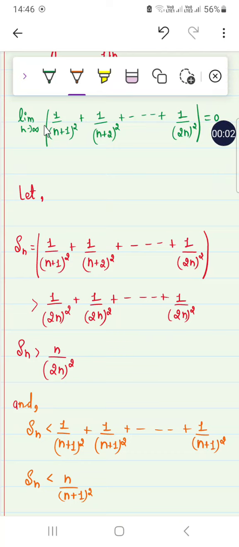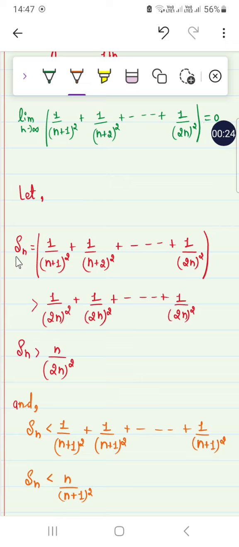Today we have to find out this sequence limit equals 0. If it is 1 over n squared, or 1 over (n plus 1) whole squared, then the limit as n tends to infinity gives you 0. But what is the limit of the sum of these terms? How do you find that the sum of this limit sequence goes to 0?